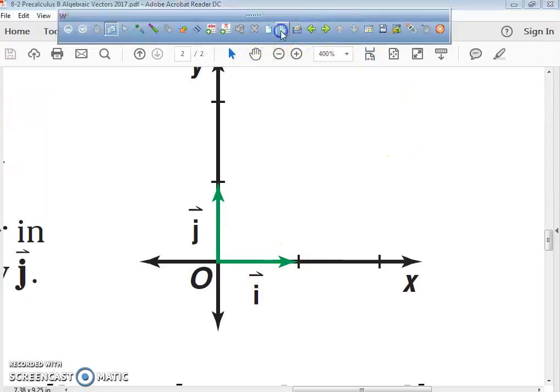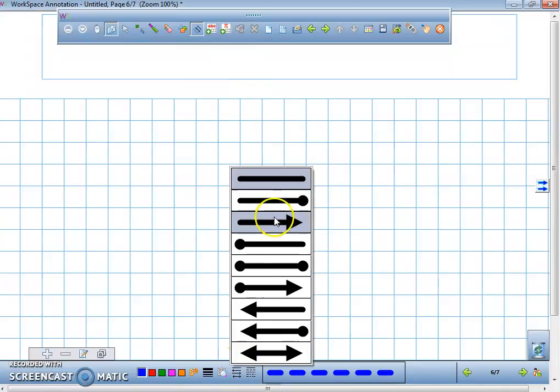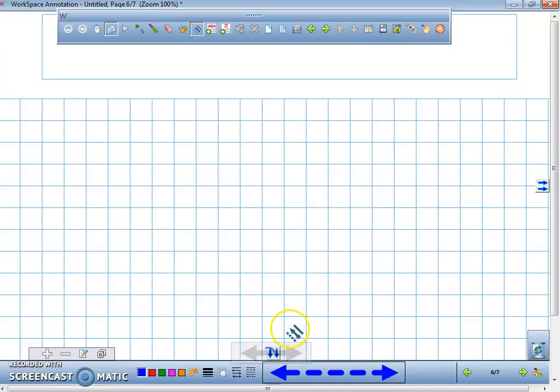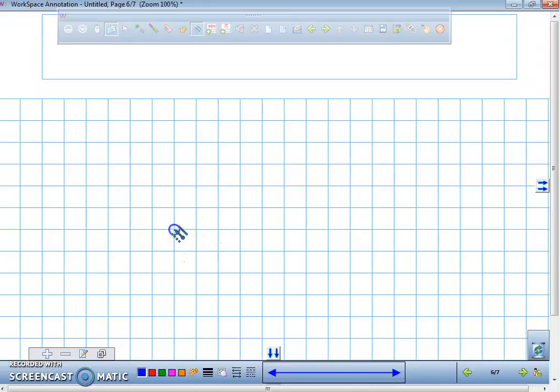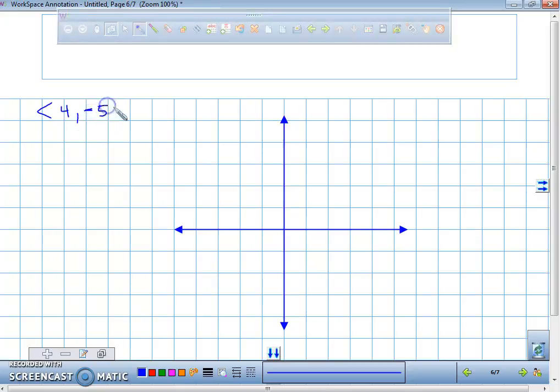Okay? So what we're going to do is go to our notebook, or journal. I'm going to draw an x-axis and a y-axis. Make a little bit thinner line. So what does problem number 9 say? What's the horizontal component? 4? What's the vertical component? -5? Okay. Now, written as a sum of unit vectors, we would write this as